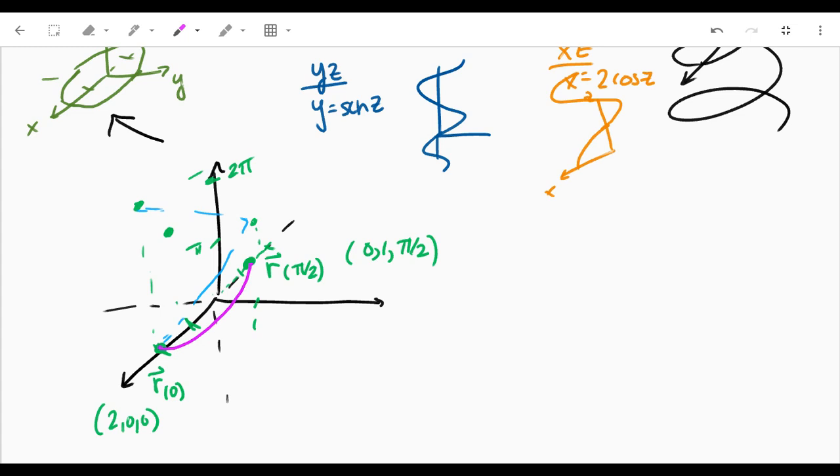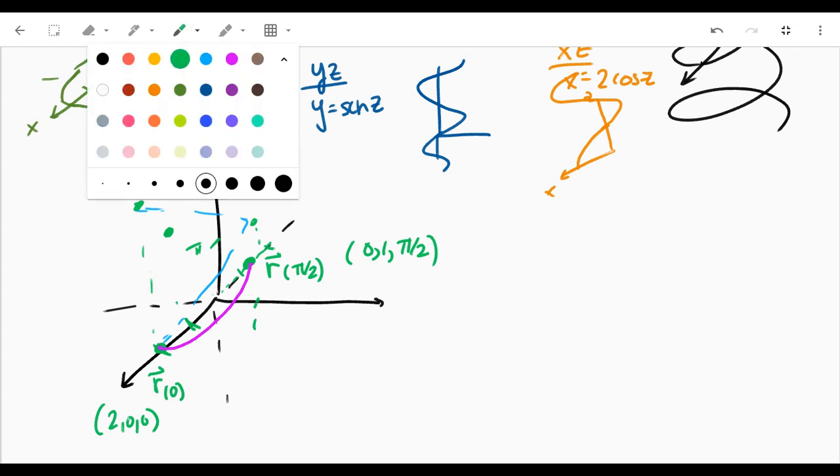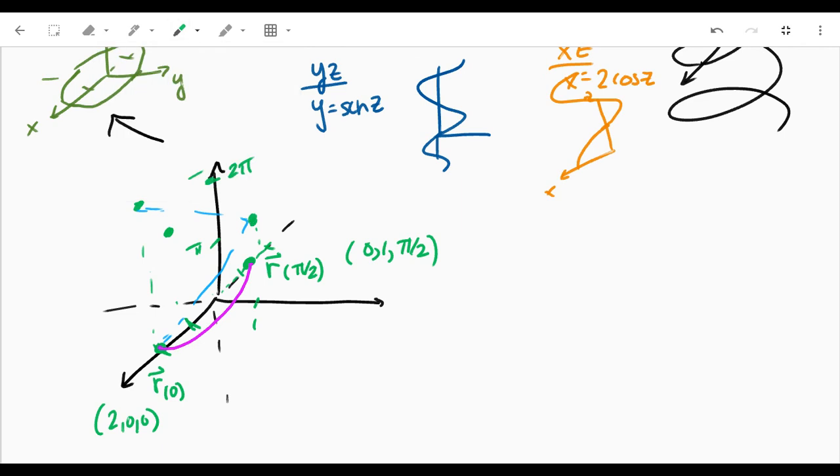All right, and then we had r of pi, which was at (-2, 0, pi), the terminal point there. Okay, so now we've curved back in onto the x-axis again. And then over here, r of 3 pi over 2 had a terminal point of (0, -1, 3 pi over 2). Okay,